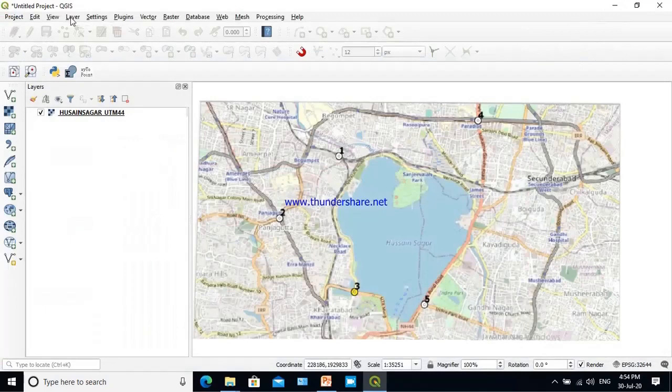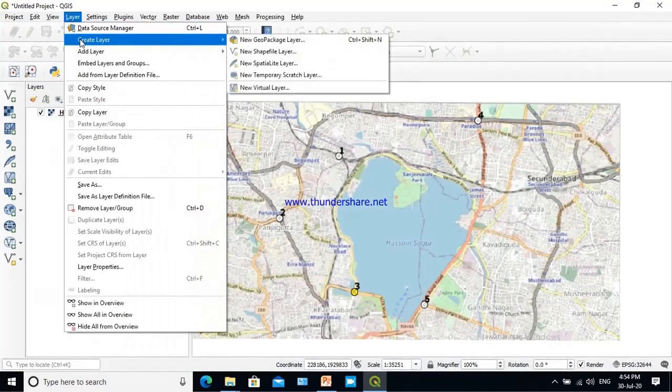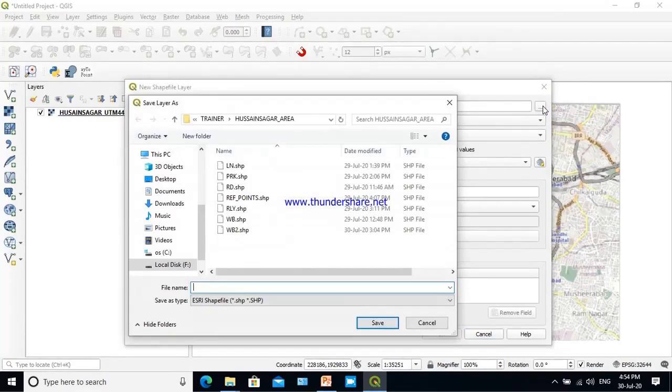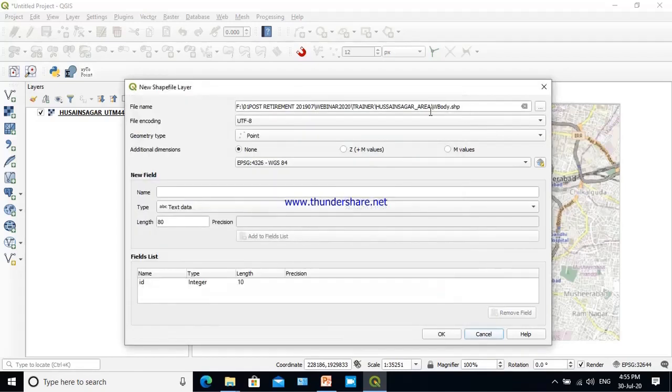So we will be going to Layer. We have to create a layer, a new layer, a new shapefile layer. Its location will be, say, water body. So the folder location and the shapefile name, the nomenclature of the file, is provided.